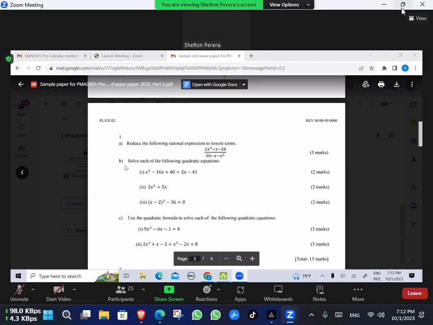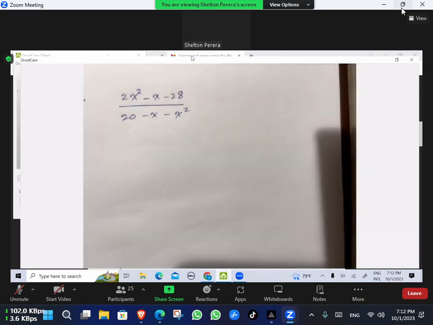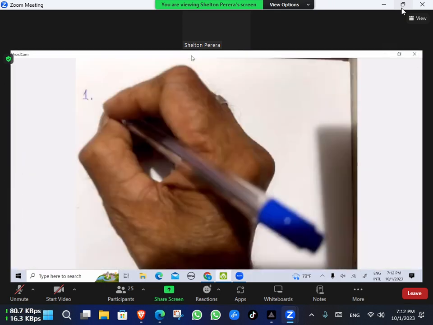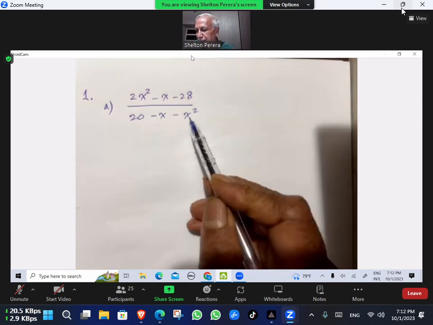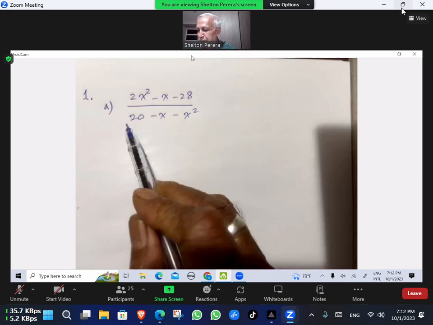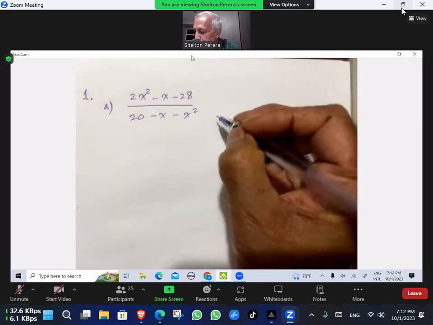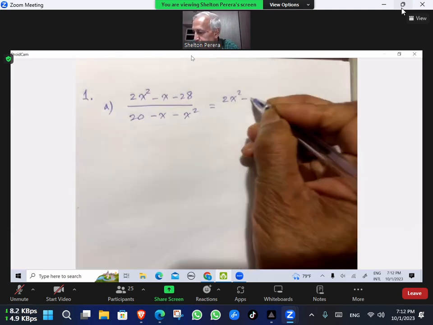The question: how do you reduce this to its lowest terms? The first part is just that. It's better if we can get the x squared term to the front with a positive. So we write 2x squared minus x minus